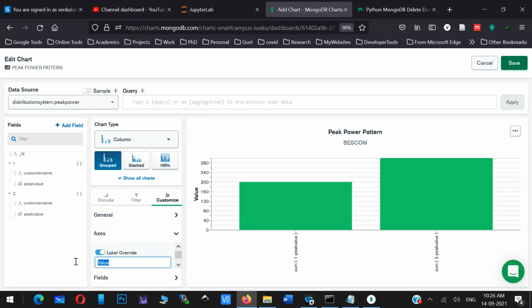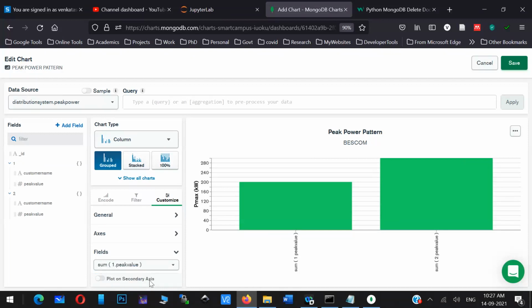Instead of value, you can make it P max in kilowatt, something like that, and that will be reflected. Similarly, you can change the fields. You can change the name of the first field, which is currently taking some default value.